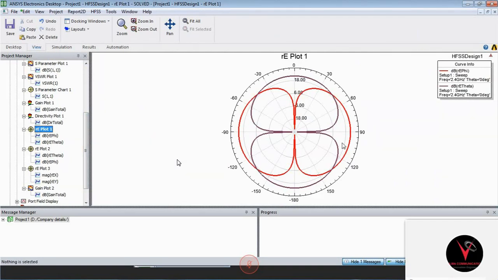There are two conditions: co-polarization and cross polarization. But here we have co-polarization only. Cross polarization does not occur here, because cross polarization occurs only when our insertion loss is equal to our reflection loss. Here our insertion loss is very low, so you have to compare it with our return loss. Our return loss value is below 10 dB, so the insertion and reflection are not equal. So we get co-polarization.